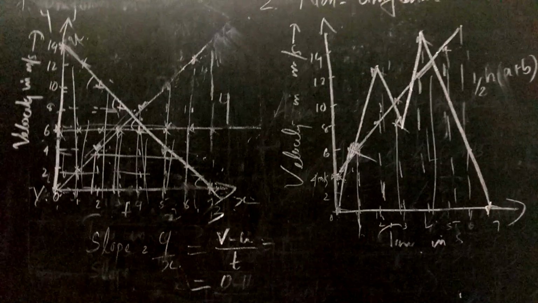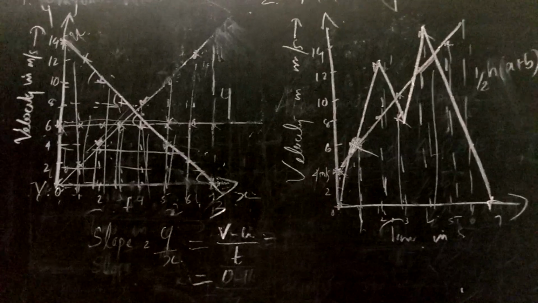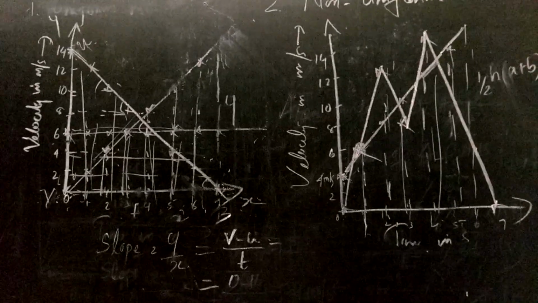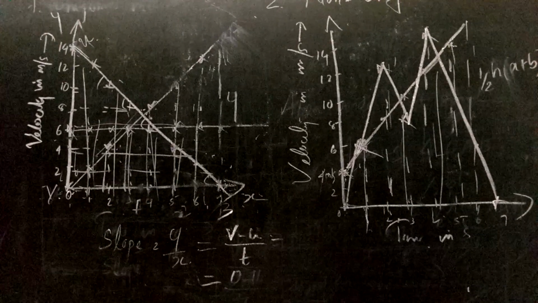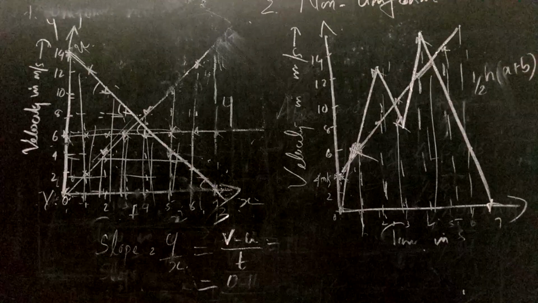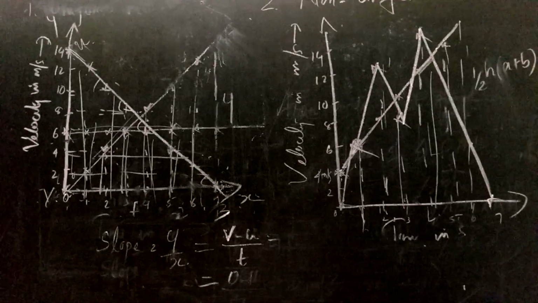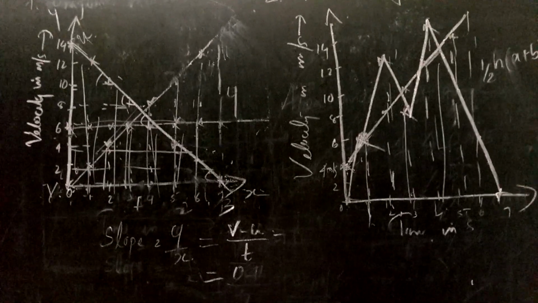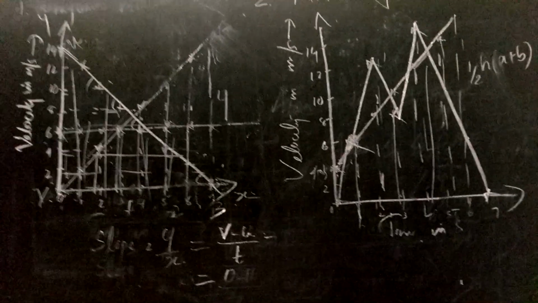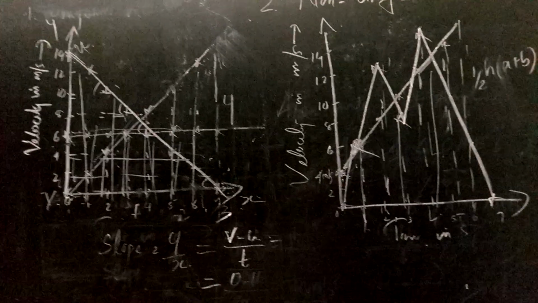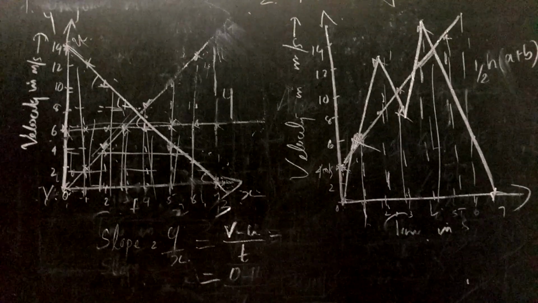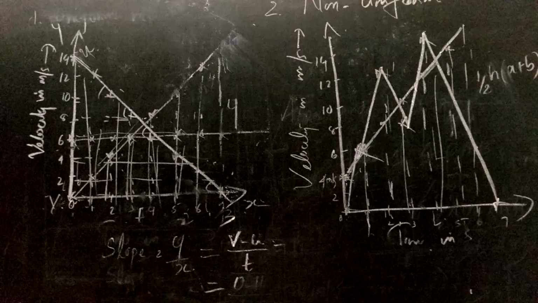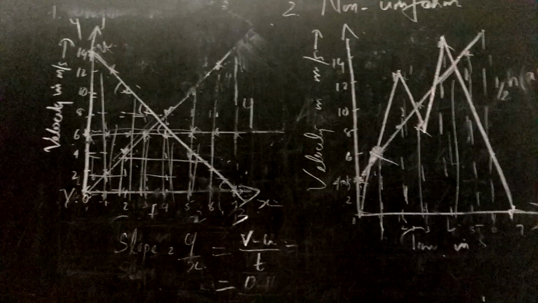So go through all the graphs. I had already given the notes through WhatsApp, isn't it? I think you all have copied the notes, so go through each note and make it thorough. Based on these graphs we are going to discuss the derivation, so the graphs and the first part also you should know very thoroughly. Then only can you clearly understand the derivation of the equations of motion. Okay, thank you.